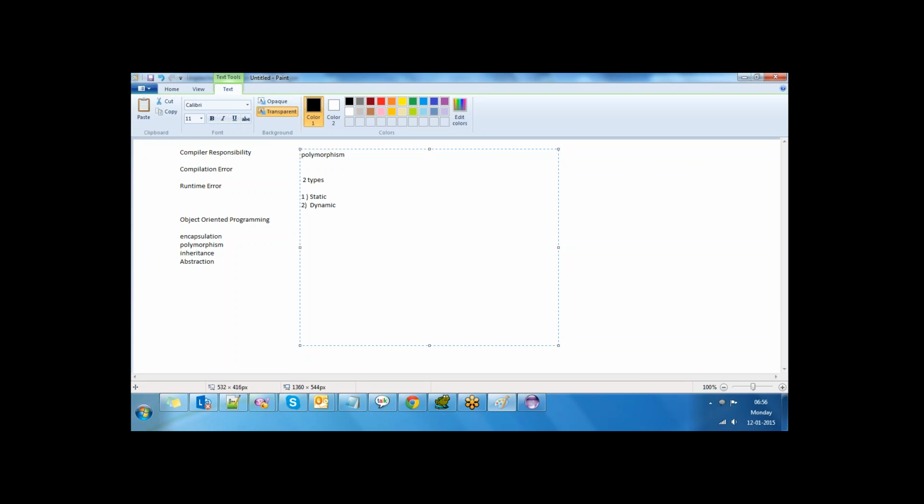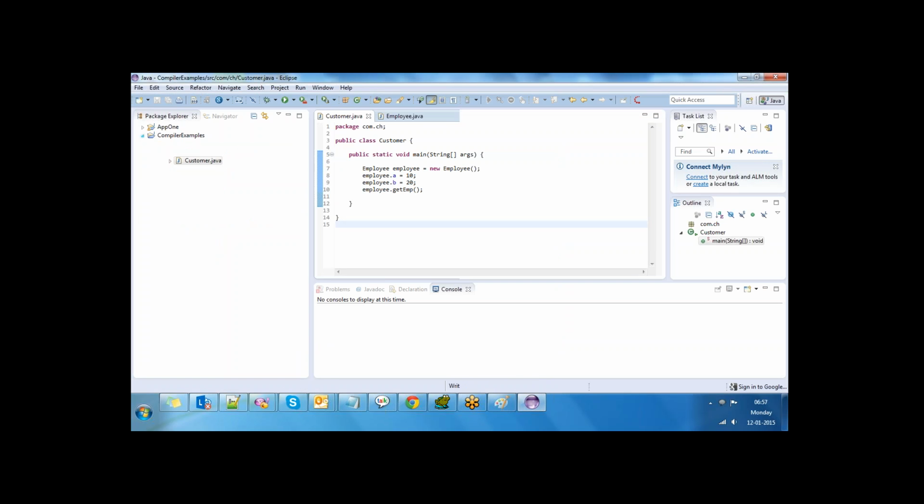So now tell me, what is polymorphism? Defining more than one functionality with the same name in the same class. Create an example first, then we'll talk about static polymorphism.